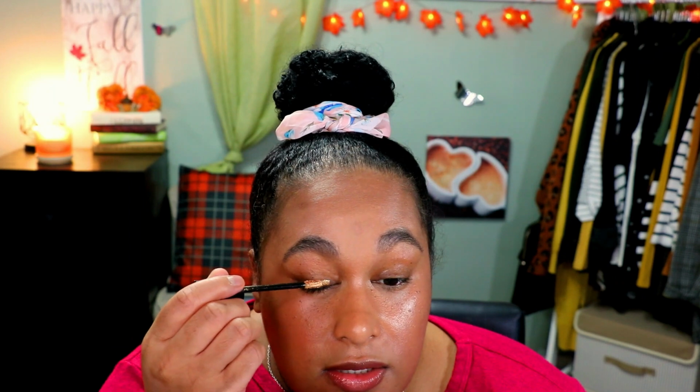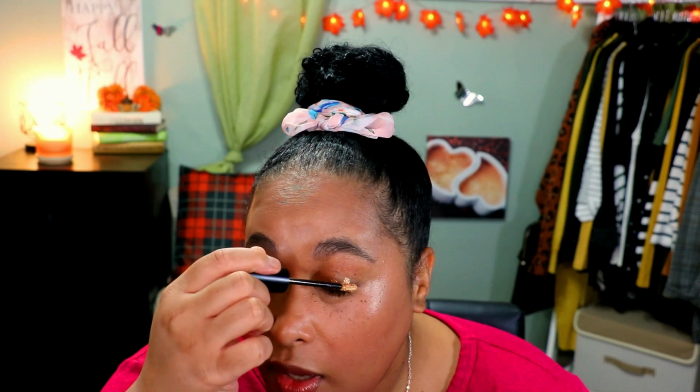Take it, and I do not have my eyes primed or anything, and you can just dot it. That's what that looks like. You can start with 1 eye or 2 eyes. If you're going to do 2 eyes like how I just did, you do want to work faster rather than not, because they will start to dry down. So I'm just using my JH30 brush, and what I'm doing is I'm just going to do this because I only had one color, and you can use one wash of color or you can use several colors together, and this is just for a nice light look,